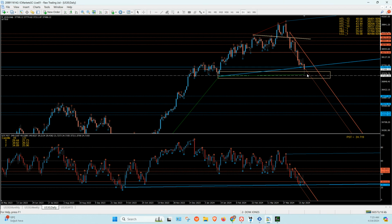Okay, so if we dip back down into this zone, look for an Astro hour to go back up, and that's it. You can target 37,600 as that's a good buy kiss here, and yeah, that's a good buy kiss there. So you can target 37,600, and then if the market breaks above the PST line, okay, then we can check